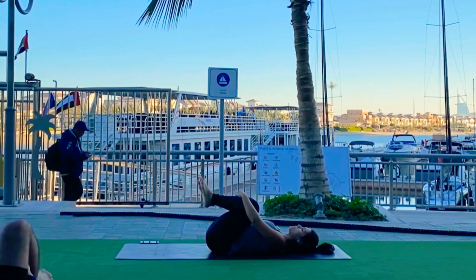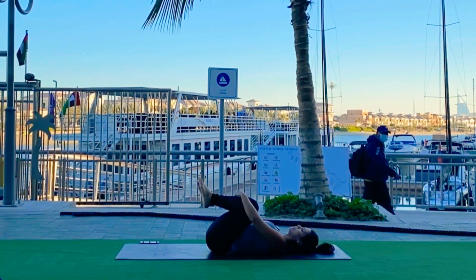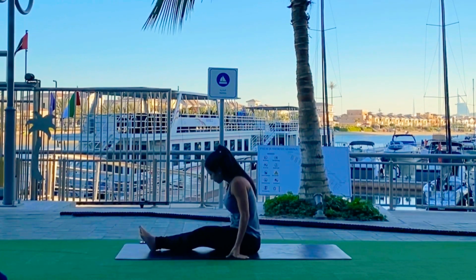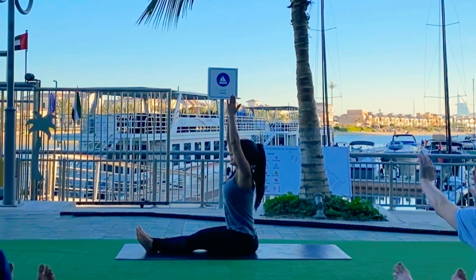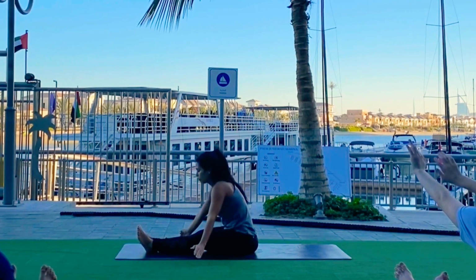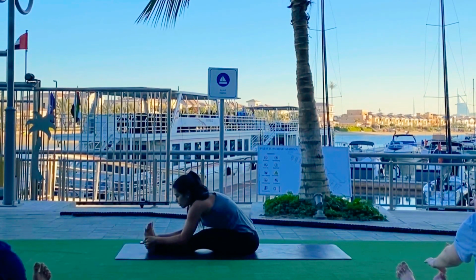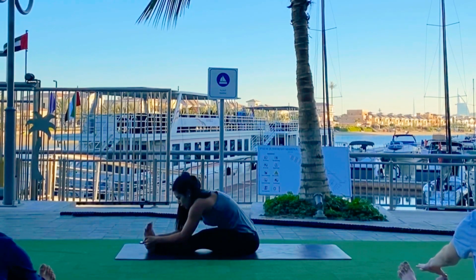Pushing the knees towards the chest. Exhale. Come up to sit. Inhale, take a deep breath, lengthening the spine. Exhale, fall forward. Walk your hips back and lean forward, bending from the hips, trying to touch your abdomen to